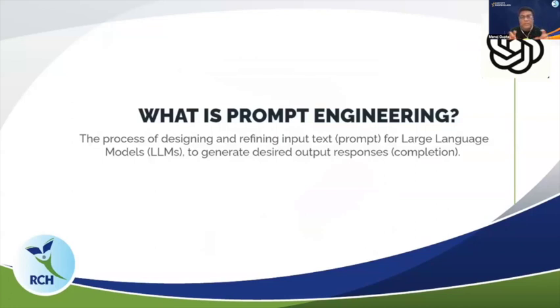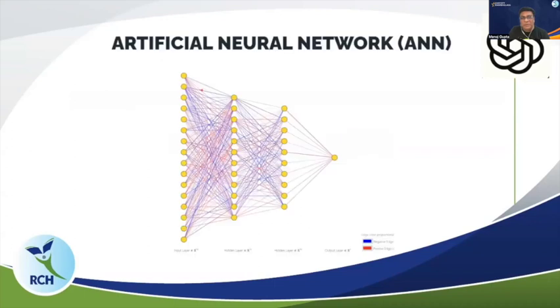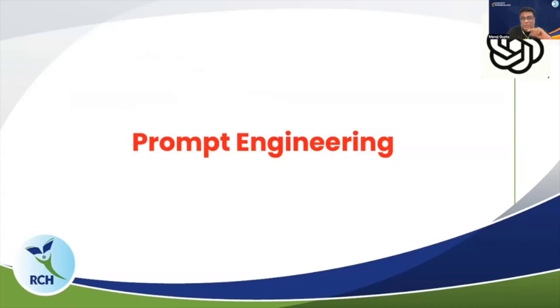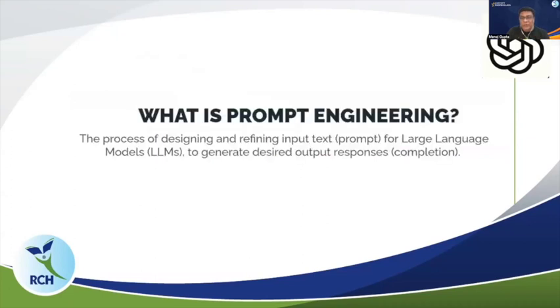So here it is called the process of designing and refining the input. जो input हम देते हैं ना, उसको हम डिजाइन कैसे करते हैं, उसको रिफाइन कैसे करते हैं, that goes into the LLM, large language model, to get the response. Okay, तो यहाँ पे आप इसको समझ सकते हो. This is all your input. तो फर्स्ट इनपुट देते हैं, फिर उसको रिफाइन करते हैं, so that we get better and better output there. So this is what prompt engineering is all about, and this is how it is connected to artificial neural network.